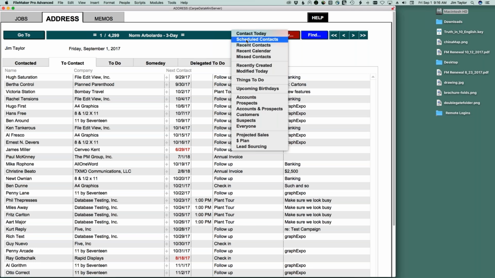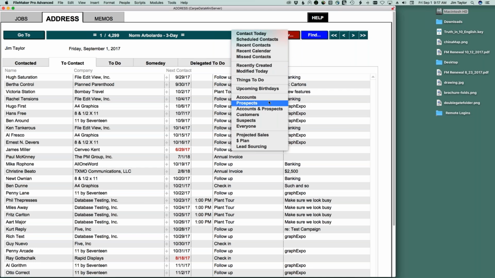These are people coming up. These are recent contacts, or people you've contacted recently. You can look at that in terms of a calendar. You can look at people whose contact date has slipped into the past. You can look at things you've created recently. So look for organize to give you sorting and finding information and help you keep an eye on